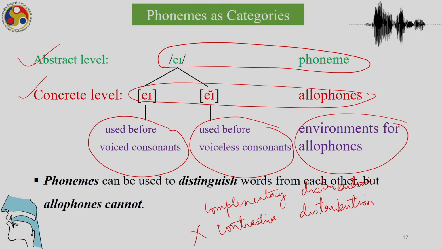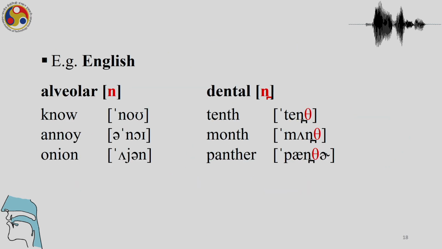So phonemes can be used to distinguish words from each other, but allophones cannot, because allophones are in complementary distribution. They occur in a position where the other cannot, and in that particular environment this one cannot occur, and in this environment where this occurs, this one cannot occur. So they are exclusive. Now another example from English, alveolar and dental n, and we have